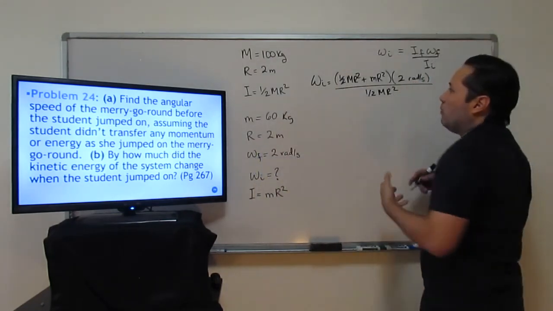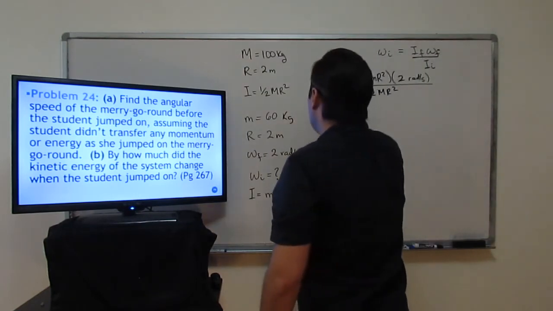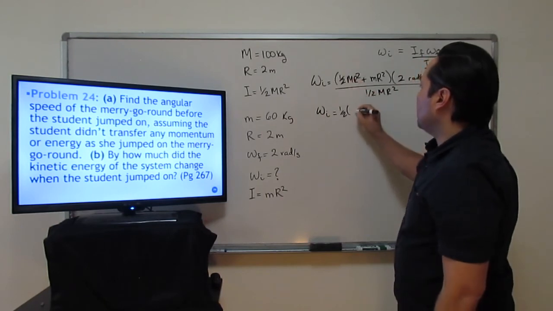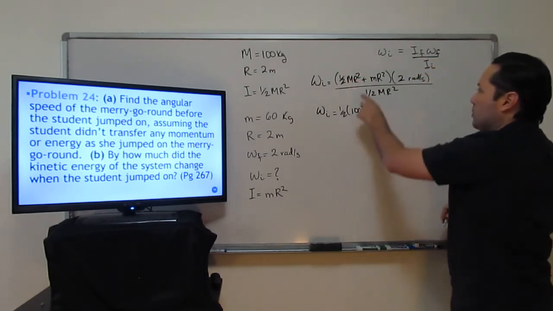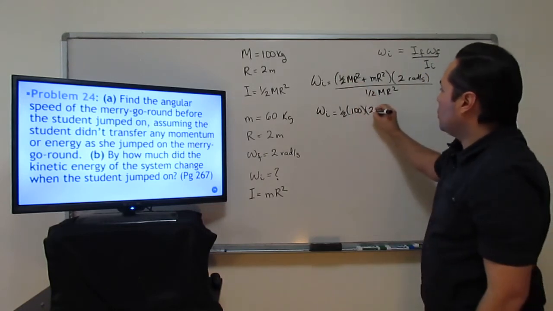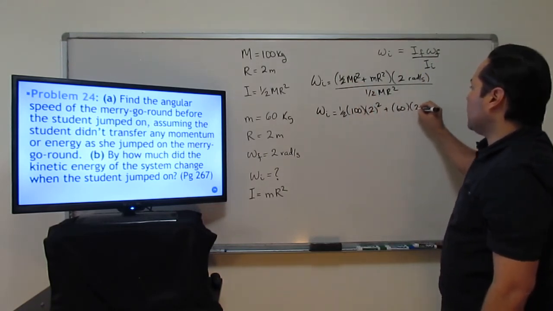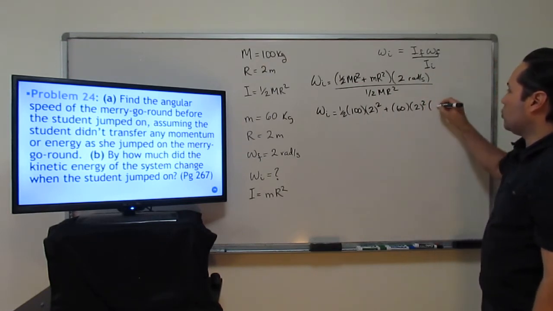That will be the setup for it. Now we plug in the numbers and go ahead and solve. So it's going to be 1/2, mass is 100, multiplied times the radius, which is 2, plus the student was 60, also standing at 2 meters. And that's also going to be multiplied times our 2 rad